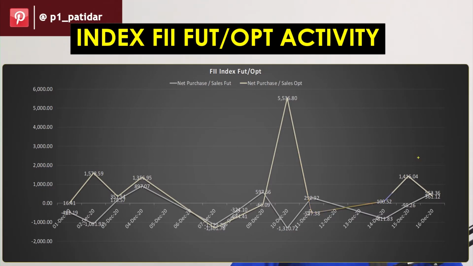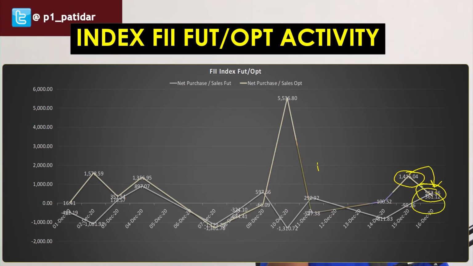If you see here, there are not many positions which they are making on 16th of December. They have made almost 300 crore to 500 crore positions for futures and options. But if you see here, on the option side, they have squared off most of the positions. And now they are not making many positions. So what this indicates is that FIIs are losing their grip. That's why the market is going down and DIIs are dominating the market. If you have seen the last 3 to 4 days of the market, DIIs are completely dominating.